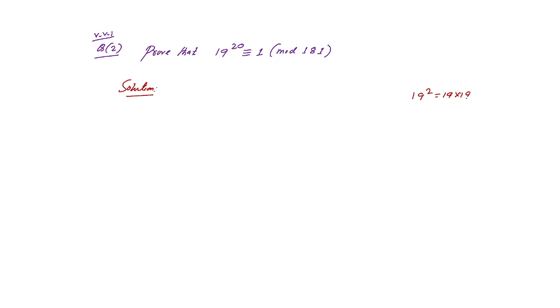Now we will come to the next important problem. Question number 2. This problem is very, very important. Prove that 19 to the power 20 is congruent to 1 mod 181. So how to solve this problem? If we do 19 squared, that means 19 multiplied by 19, and that value will be